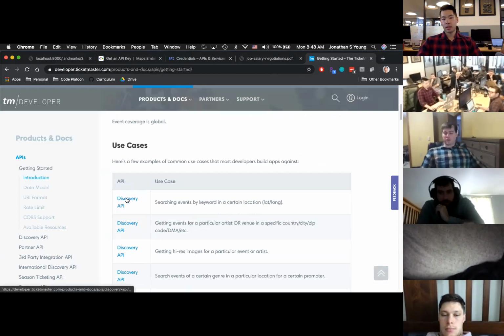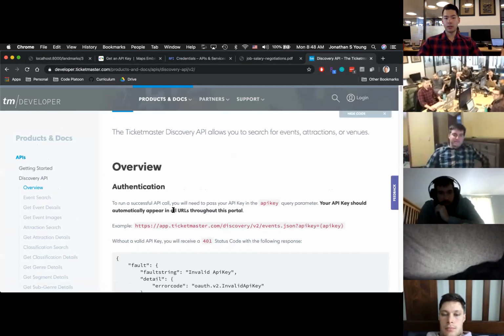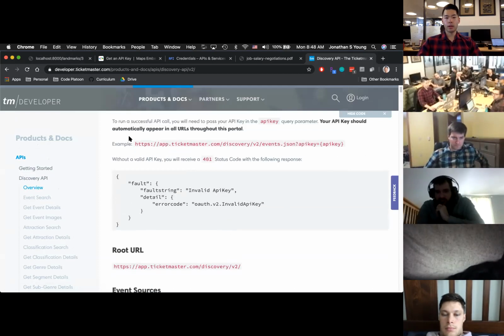But it looks like I'm looking for events by a certain location. They call it the Discovery API, so I'm going to click on that. It looks like you need to pass your API key in the API key query parameter. It should automatically appear in all things. Okay, so if I go to example